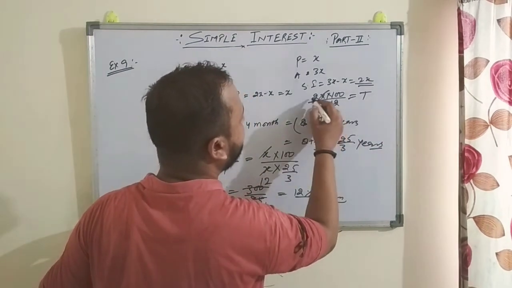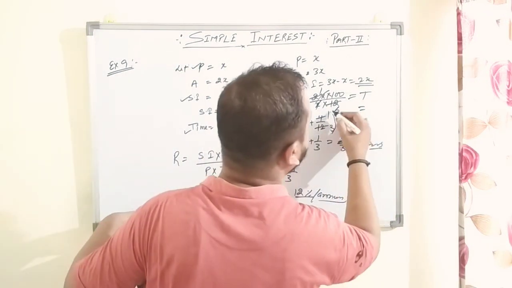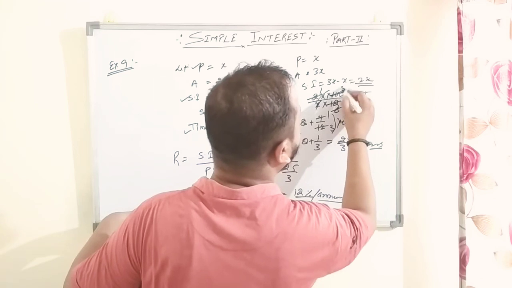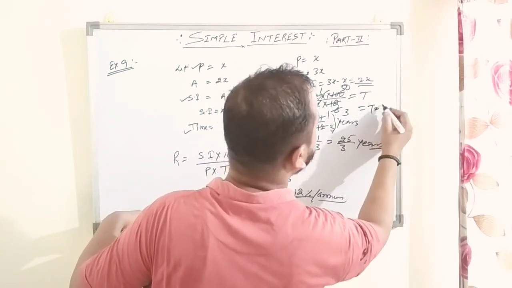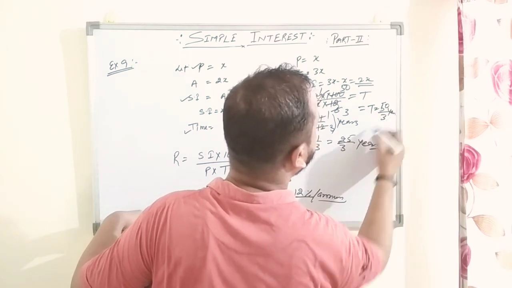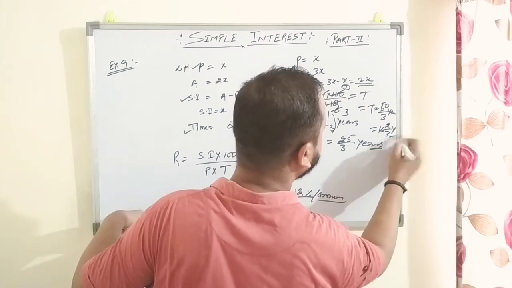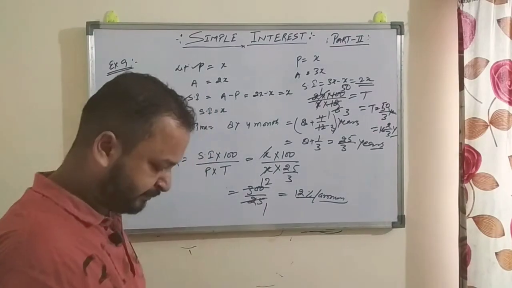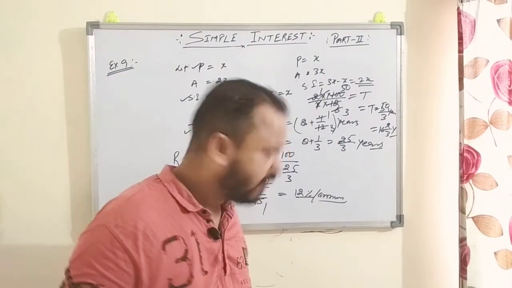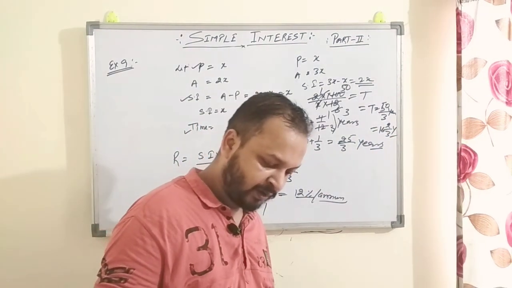You can easily find it out. To 1 year, to 6 year, 100 upon 6. So 2 3 year, 2 50 year. So T is equal to 50 by 3 years. So it means 16 whole 2 by 3 years. Right? And 2 by 3 years, you can also convert it into months.